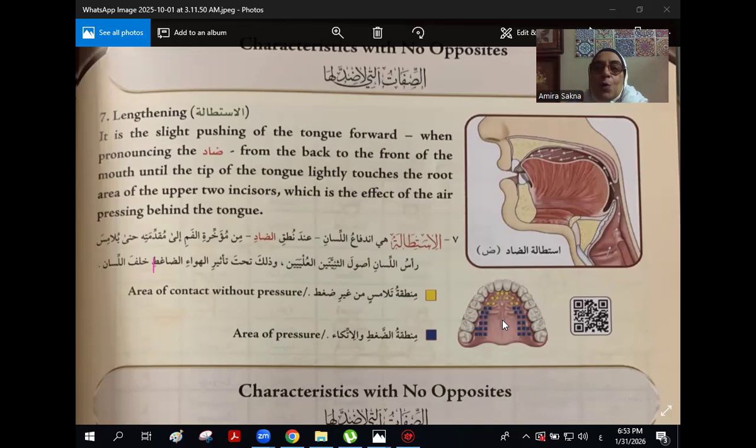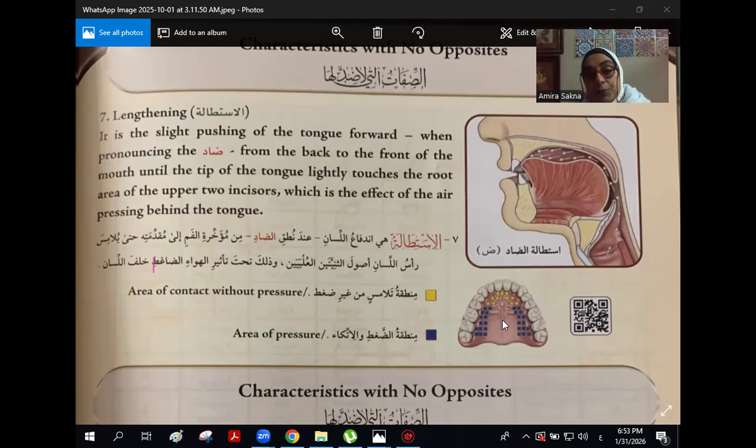Here we explain how it is. It's ra: it's mahmus, it's musta'li, it's munfatih, it has takrar, it has istitala. All this together, if you master characteristics